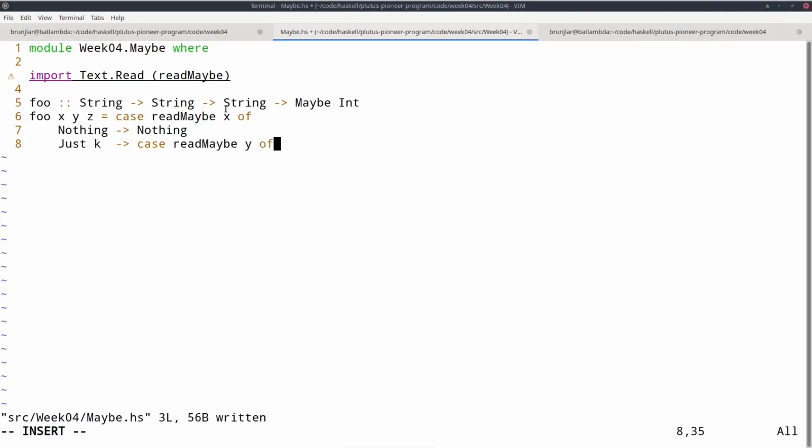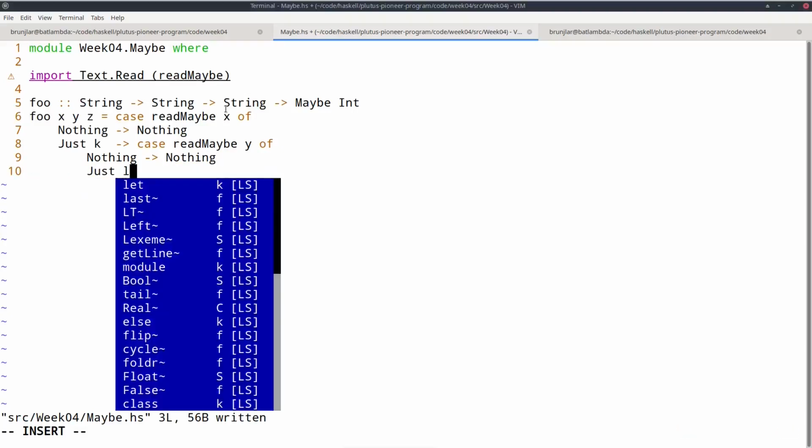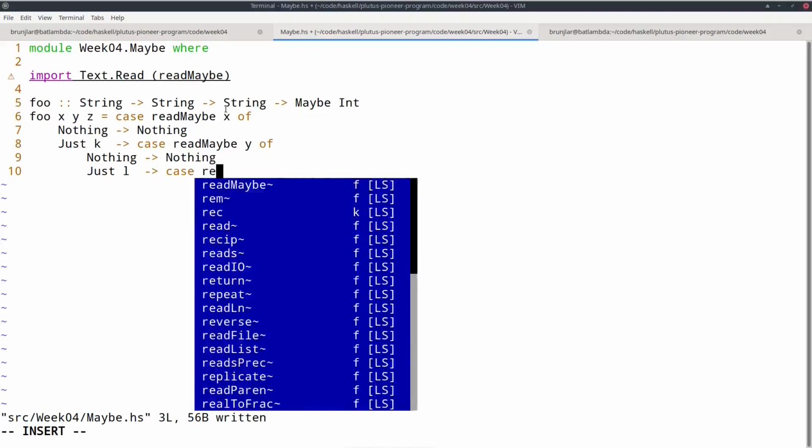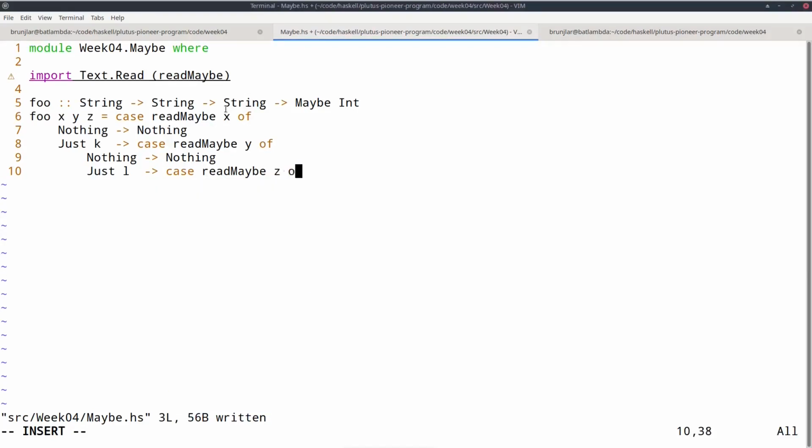And again, I have 2 cases. This can fail, in which case the whole computation should return Nothing. Or there can be a successful parse, so I match it as Just l. And now I can look at the third string.